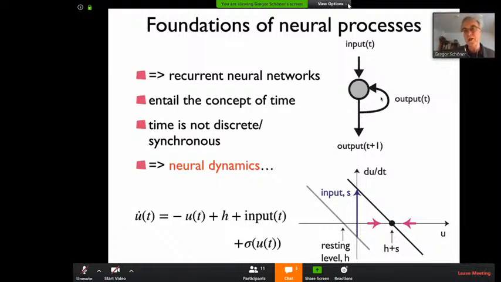And the problem here is that this neuron gets two inputs. One is an external one, and one is its own output. And of course, you cannot compute the output unless you know the input, which is the output. So there's a problem there. And that problem is solved by the concept of time, assuming essentially that the output that determines the input of this neuron is the output from some earlier time, and then it predicts the output at the next moment in